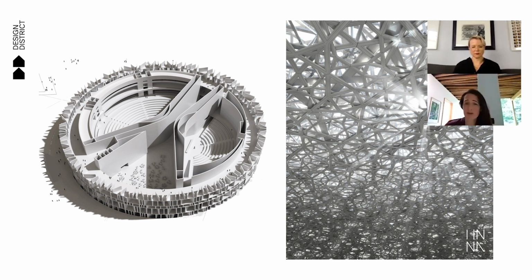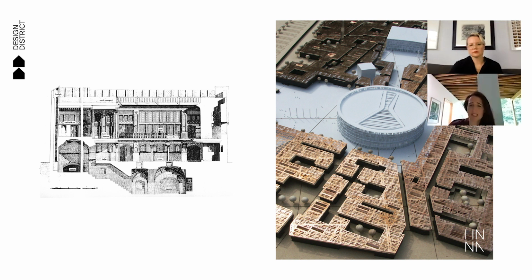But actually, the process was amazing. I mean, my slides are slightly out of order here, but here's the overall scheme you can see on the right-hand side. The reason Jemima and I are talking about it is because actually it's quite a blank site initially. There were remains of a super mosque from Saddam Hussein on the site, but otherwise it was an airport site and quite empty. So we took the brief, and again relationships with the design district, but instead of doing